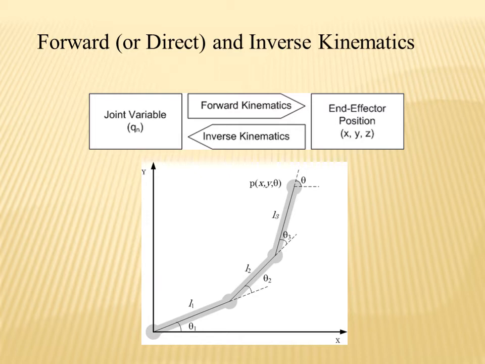If you know the values of theta 1, theta 2 and theta 3, you can easily calculate the x, y and theta coordinates of this end effector. This is known as forward kinematics. It means if you know the joint variables, you can find the end position of the end effector. So you can find the x, y, z coordinates of the end effector, or x, y and theta angle to define its position. We simply calculate the position of the end effector in Cartesian coordinates x and y, by giving the input angles theta 1, theta 2, theta 3.